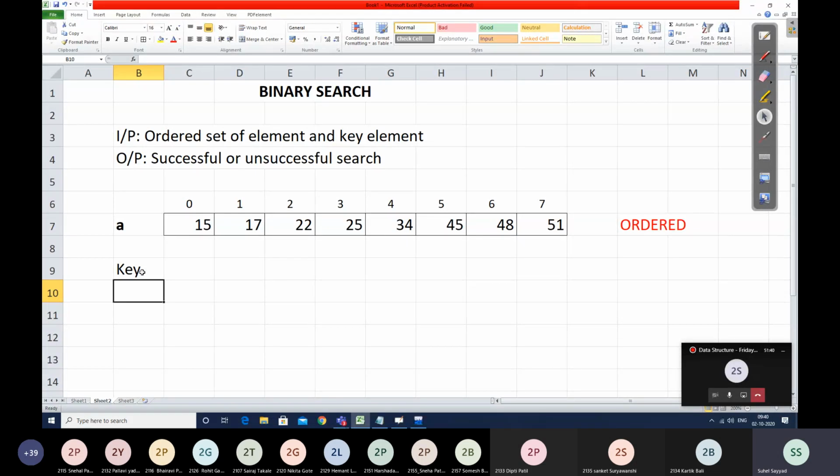And only due to that reason, the complexity is going to come less. But if your input is not ordered, then you cannot apply binary search. Then you have to go for linear search only. Is it clear? Only when you know that your given input is ordered can you make a choice of using binary search. Is it clear, my dear students?